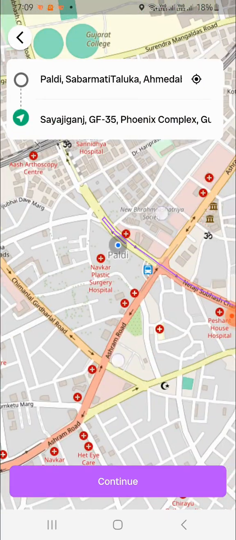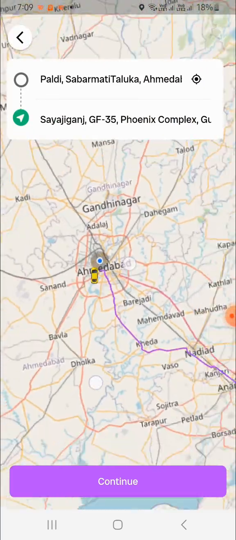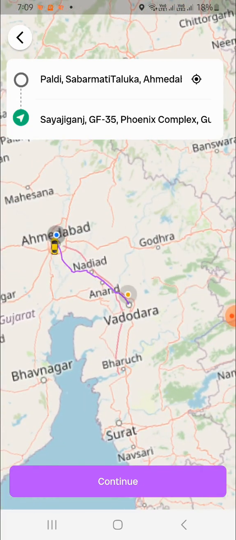Select the source location and click on the continue button.